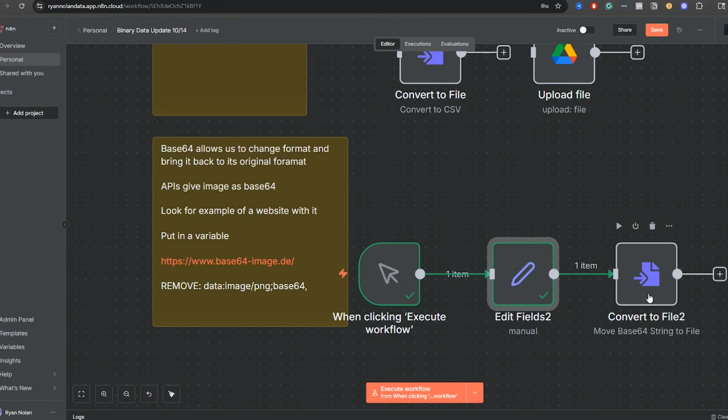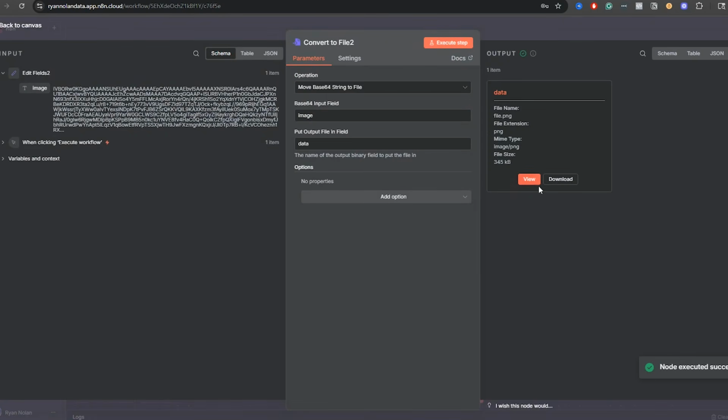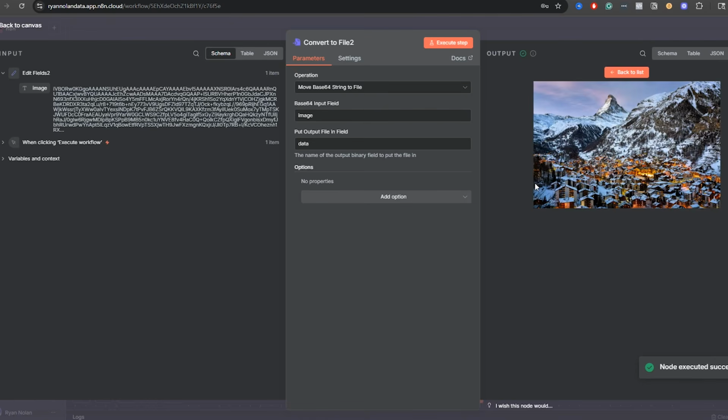But we have all that there. And then we want to go over here and convert this into an image. I click execute step. And now, check it out. Beautiful. So that is essentially it with Base64. Something to look out for: you're taking a string and then converting that into an image, which would be a binary file here in